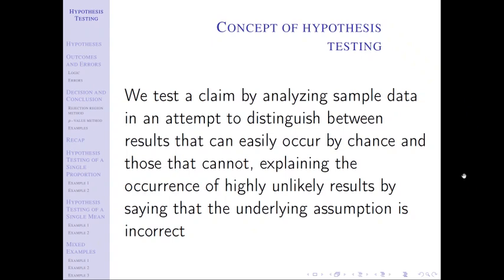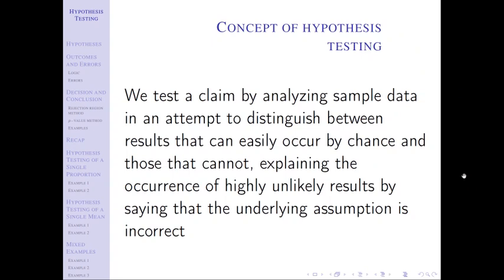Now, side note, we don't ever know if it really was wrong. We're just going to act like it's wrong. We're going to conclude it's wrong because we have to make a decision, right? We're going to go back and say this seems very unlikely, and my only logical conclusion is that the underlying assumption is incorrect. We're going to liken this to a jury case later, and it's the same concept: when a jury deliberates on information and says, this isn't adding up, I think this person's guilty.